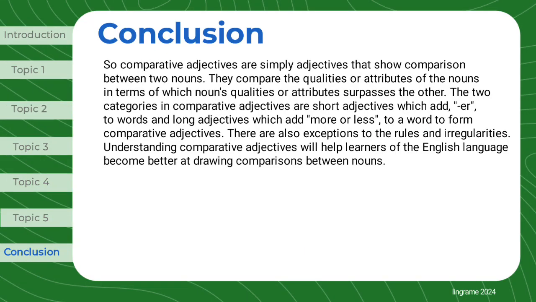So comparative adjectives are simply adjectives that show comparison between two nouns. They compare the qualities or attributes of the nouns in terms of which noun's qualities or attributes surpass the other. The two categories in comparative adjectives are short adjectives, which add -er to words, and long adjectives, which add more or less to a word to form comparative adjectives. There are also exceptions to the rules and irregularities. Understanding comparative adjectives will help learners of the English language become better at drawing comparisons between